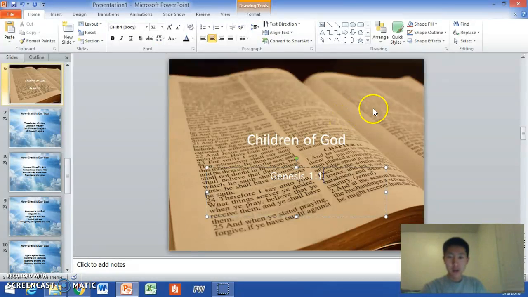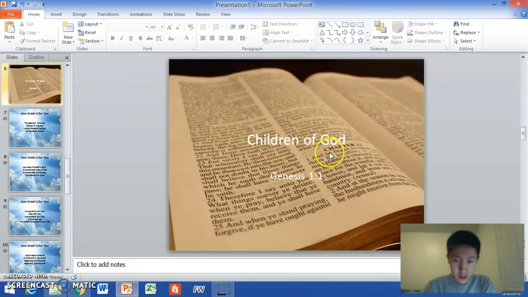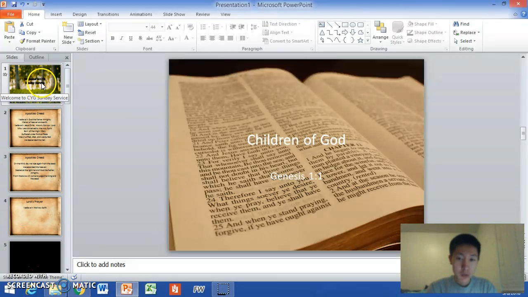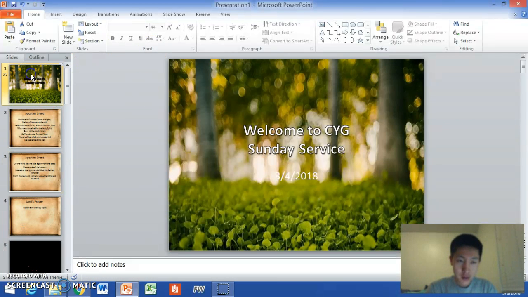So something to hint here is to try to determine which text should be bigger than the other. So for example, the title, Children of God, the sermon title, could be bigger, and then the subtitle would be the word that's being given. And same thing here for the front cover page.